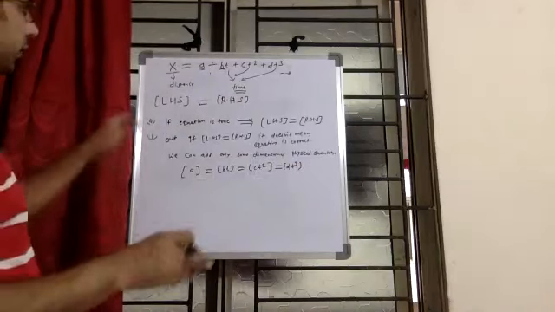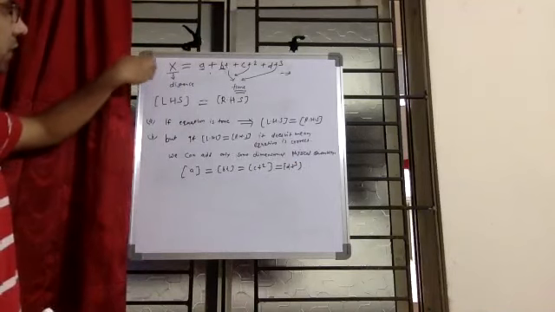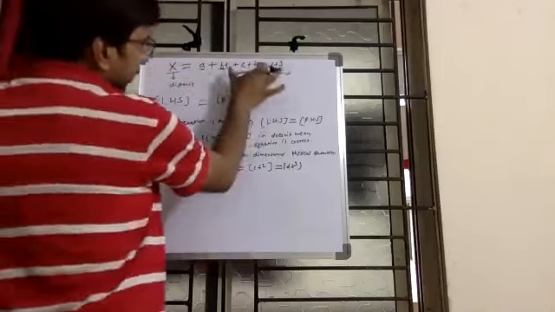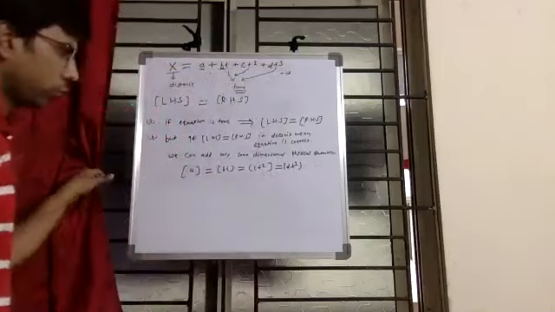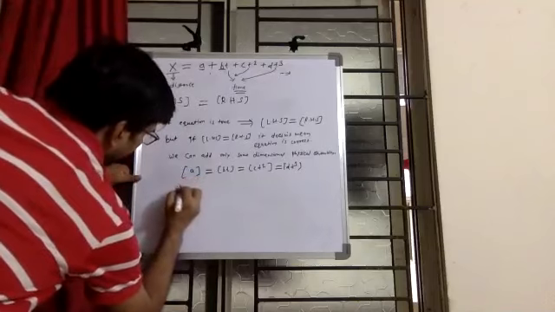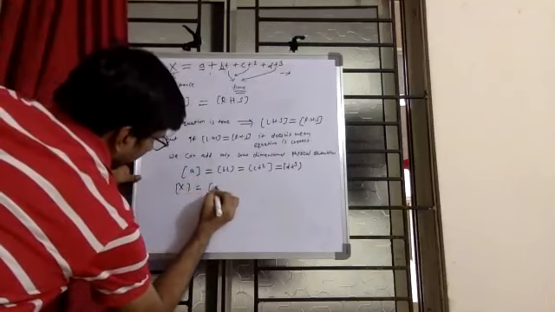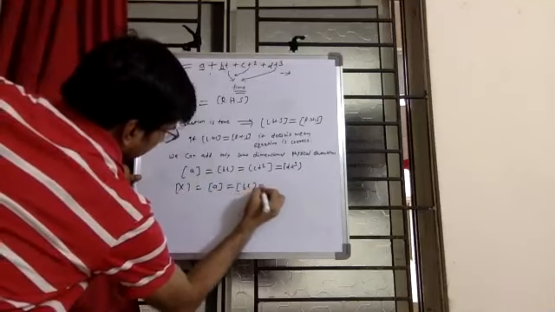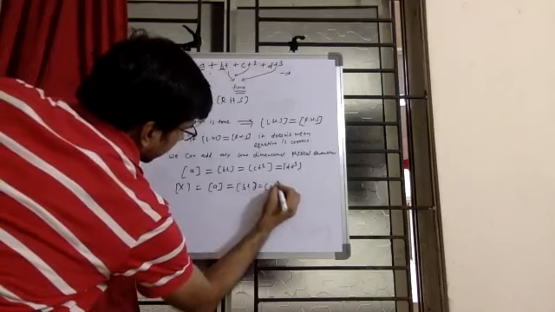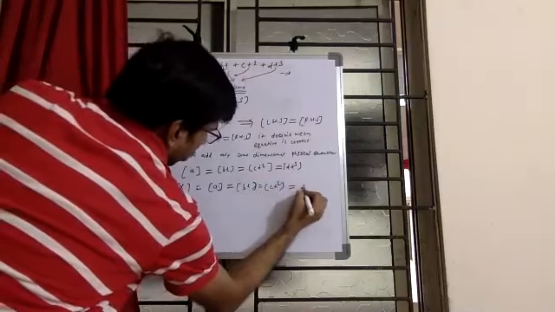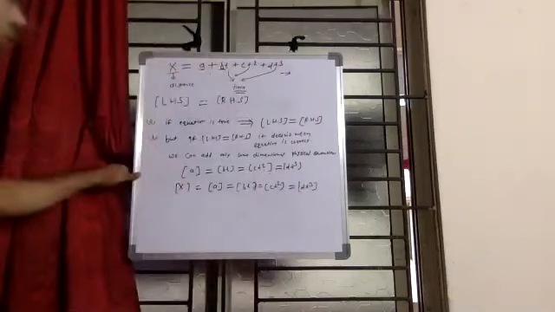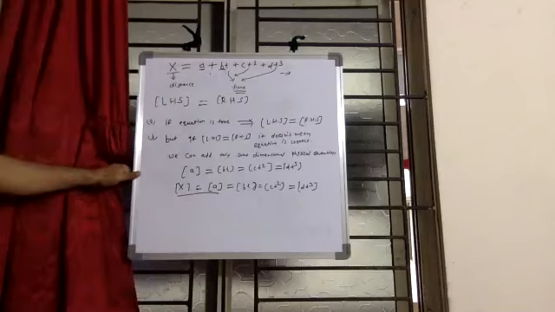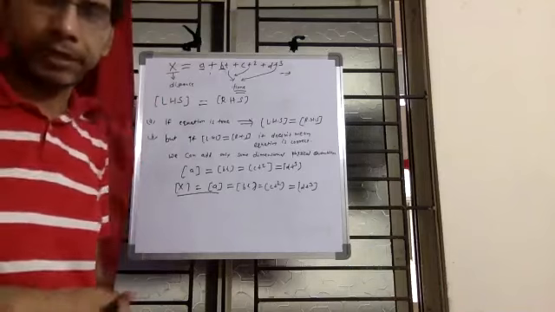And also we have said the dimension of the left hand side will be same as the dimension of the right hand side. So here, as the dimension of all the physical quantities is same, we can write dimension of X should be same as dimension of A, same as dimension of BT, same as dimension of CT square, same as dimension of DT cube. Okay. So now we will equate this. If any doubt, please let me know. Interrupt me immediately.